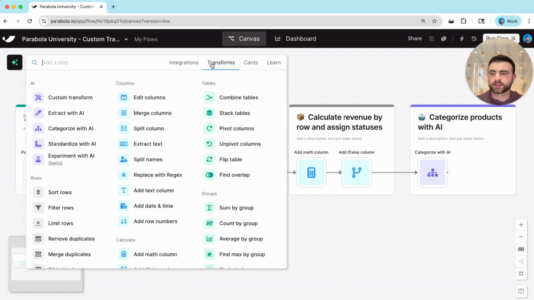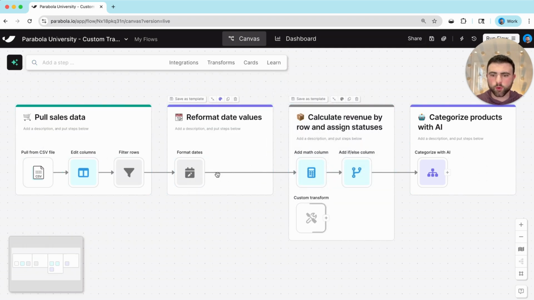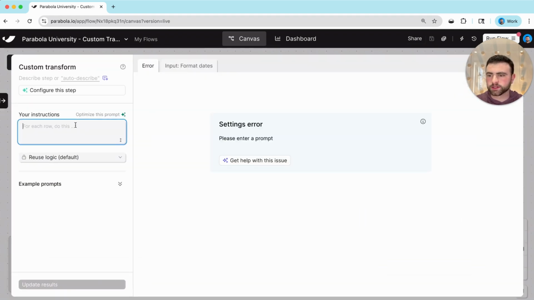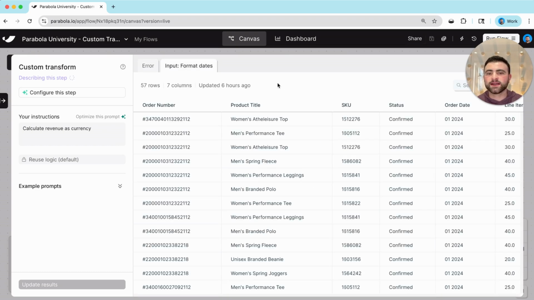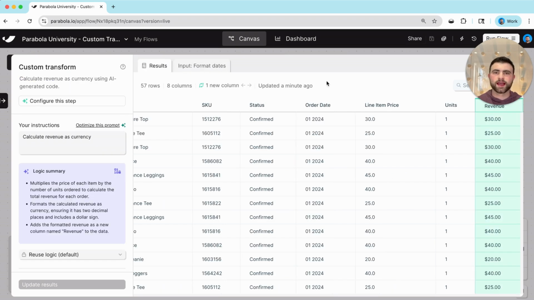I'll get started with a simple example with a custom transform step where we'll just go ahead and calculate revenue. Now, as I open up this step, all you need to do is just describe in plain language what you'd like to automate. In this example, calculate revenue as currency. And what Parabola is doing here is analyzing the structure of our data running through the flow and your instructions to ultimately use AI to generate custom code that we use to transform our dataset. As this loads, you can see we have a new revenue column added to the right-hand side of our dataset,